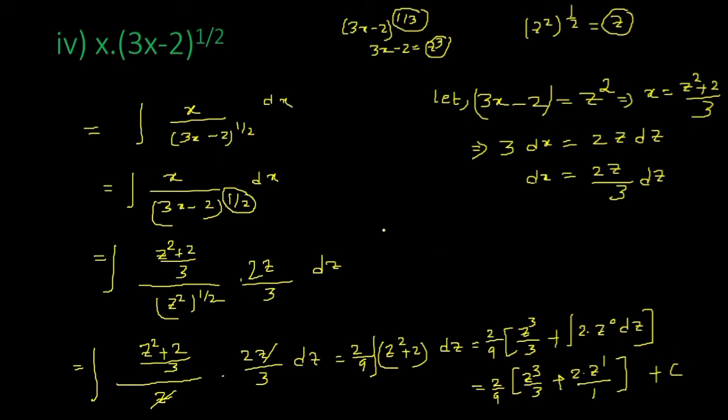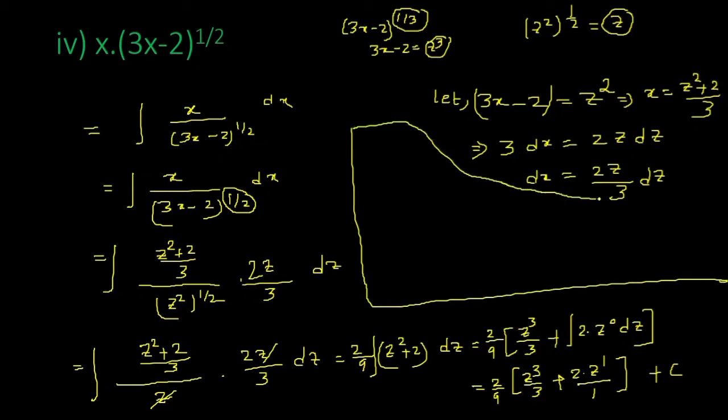So here we can write the answer as 2 by 9 z cube by 3 plus 2z plus c. So what is the value of z here? The value of z we can find from here. Since z square equals 3x minus 2, the value of z will be (3x minus 2) whole to the power half. Now putting this value, the answer will become 2 by 9